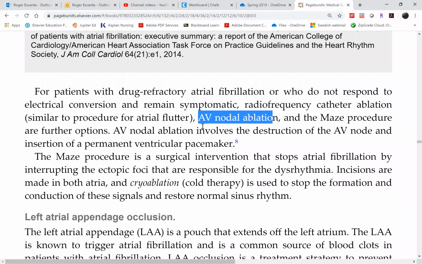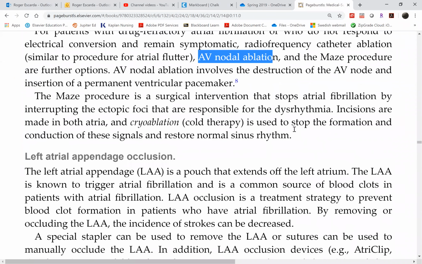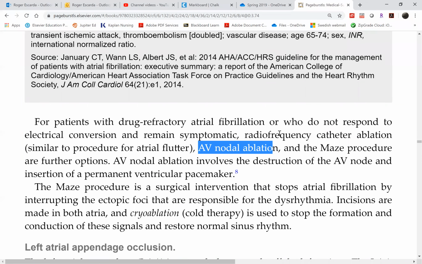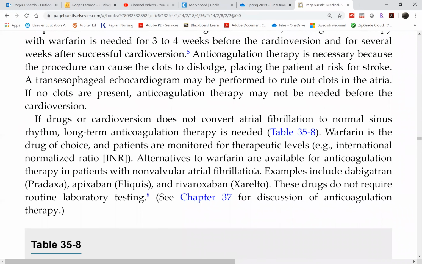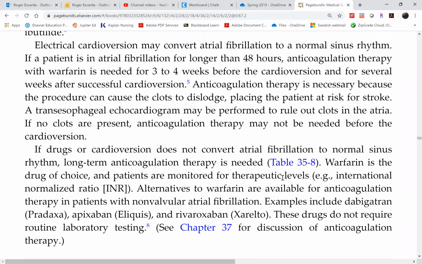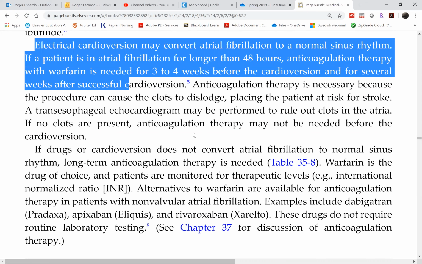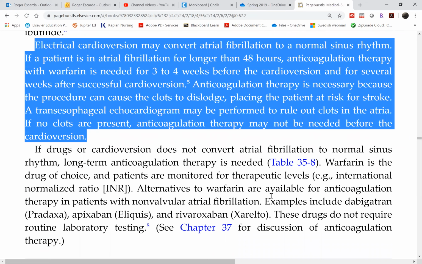So basically, that's why I did not have any questions on it, because there's really no description in your textbook. However, cardioversion, which is more commonly done, is described here: how you prepare the patient for cardioversion. That's why on the test, these questions were there. And then you have here,